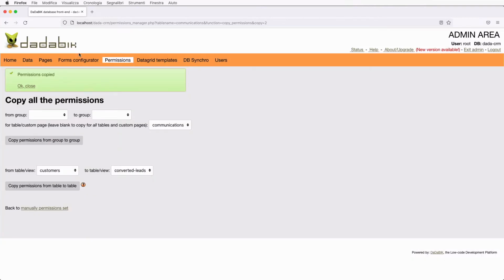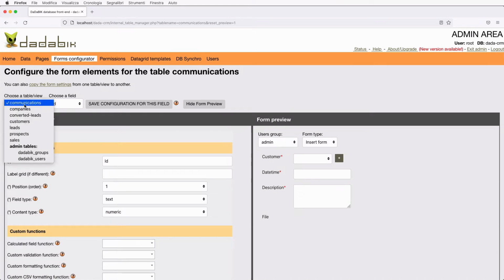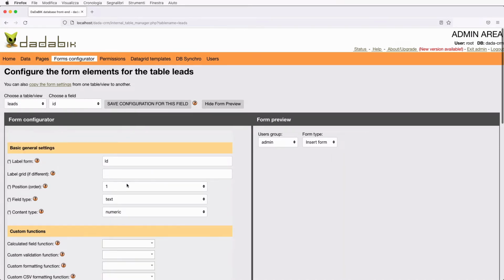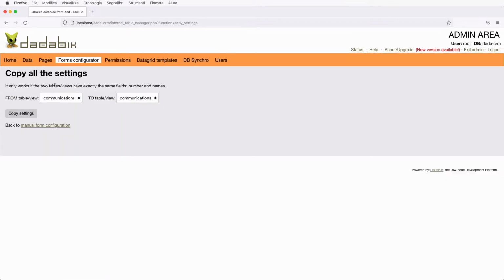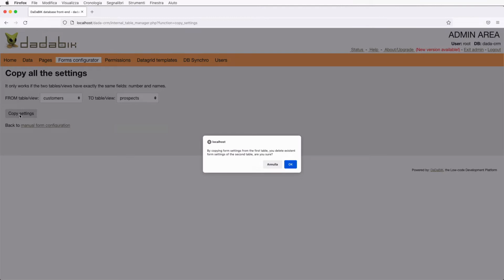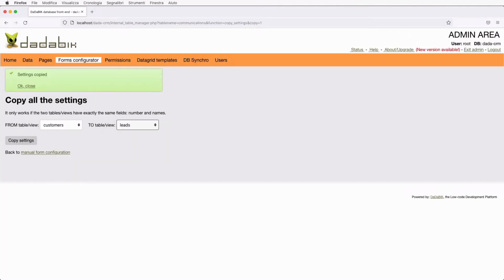Same thing for form configurator. I mean, we should configure these forms, but since the fields the views have are exactly the same fields the customers table has, we can just copy the form settings from customers to prospects, from customers to leads, from customers to converted leads.